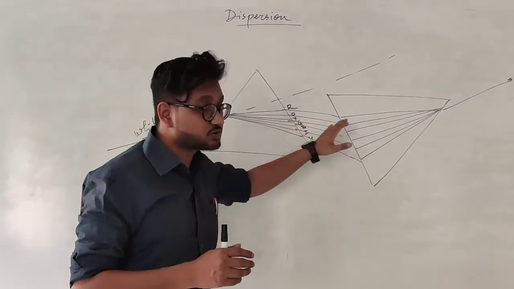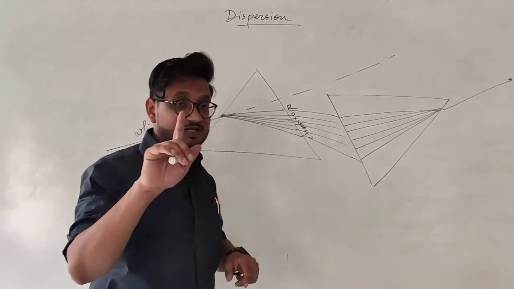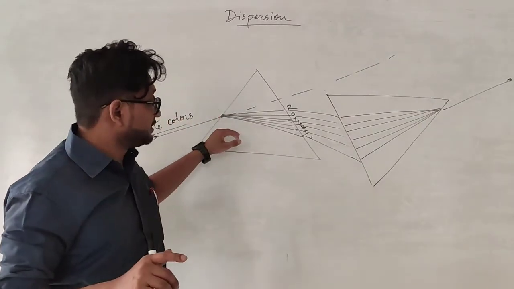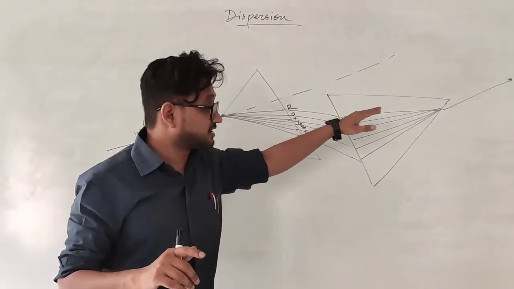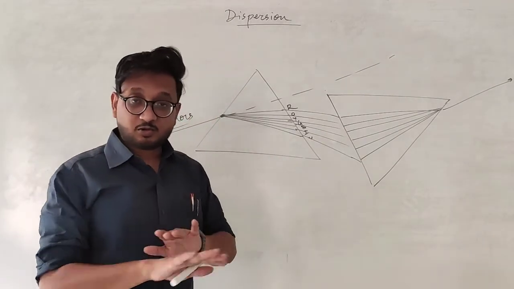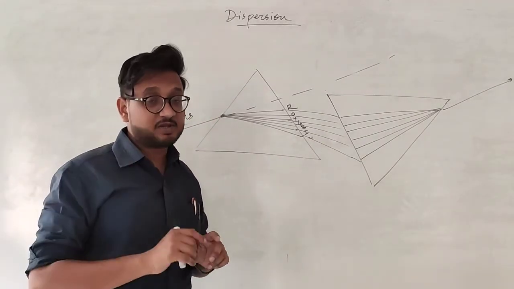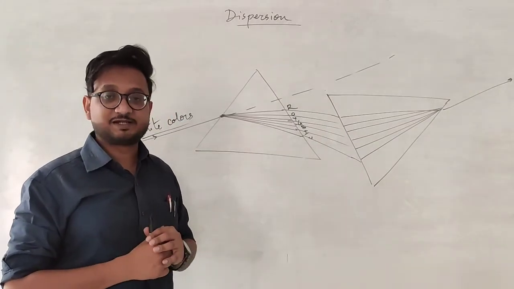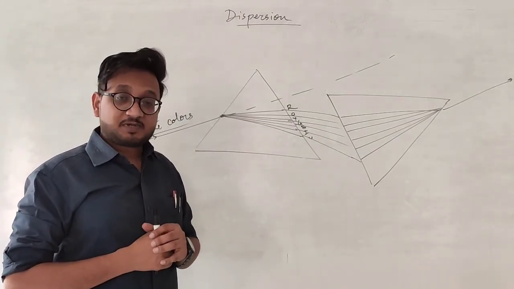When you combine these two prisms, it becomes one single parallelogram, and therefore the dispersion happens, but when it comes out from the other side, the colors get combined together, and therefore no dispersion happens, and one single beam of white light emerges from the other side. I hope it is clear to you, students.